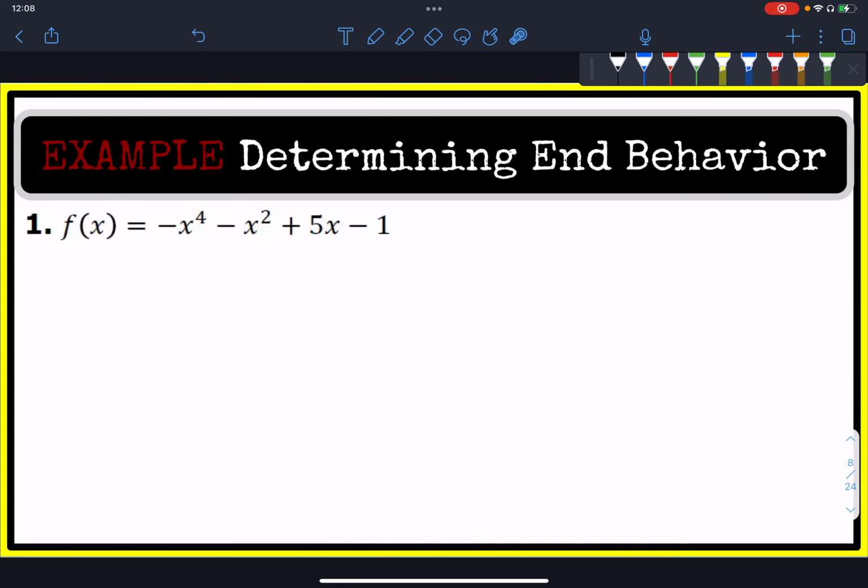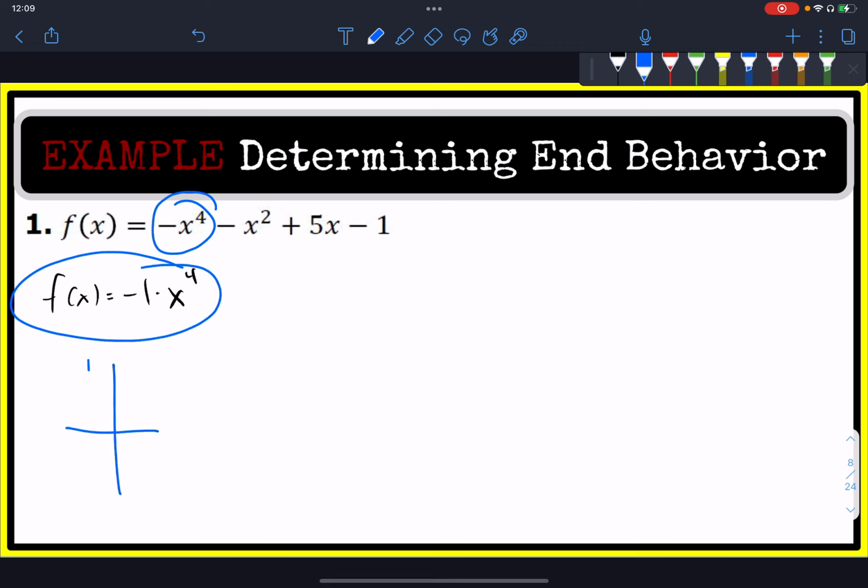So for example, for this function right here, to determine the end behavior, we simply have to compare this polynomial to the power function f of x equals negative 1 times x to the power of 4, simply focusing on that one there. Since this power function will look like this,